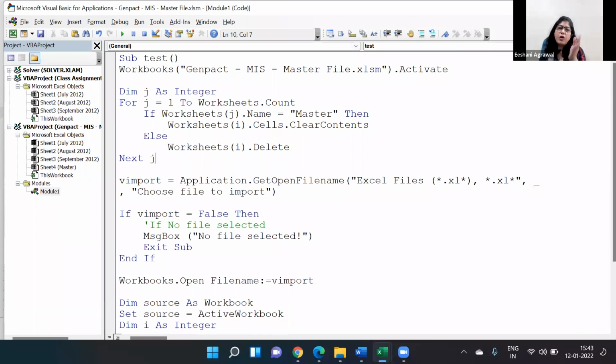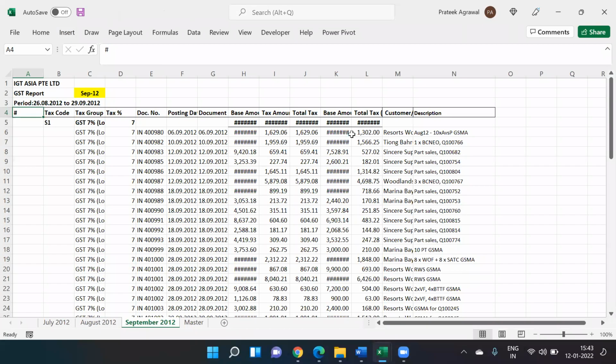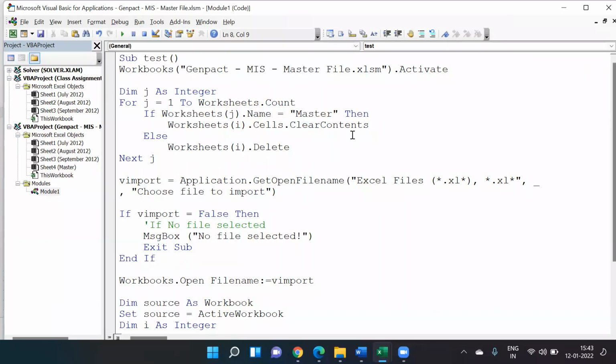The rest, when it gets copy pasted, is going to bring its name and the content all. So I want to delete all the previous sheets, and for the master sheet, I just want to clear the content so that the next summary can be created. All right. Okay. So for example, if I run this one by one, F8,